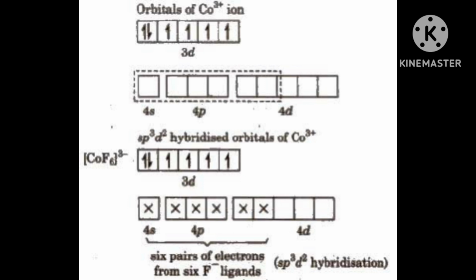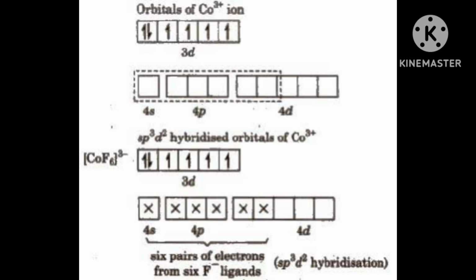Now here, 4s is vacant, 4p is vacant, and in 3d 2 are unpaired electrons. Then what will happen here? Hybridization will take place in the excited state. Always, hybridization will take place in the excited state. In the case of CoF6 also, sp3d2 hybridization took place in the excited state. Here also